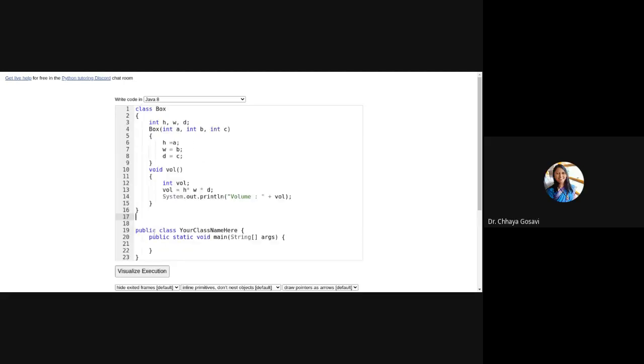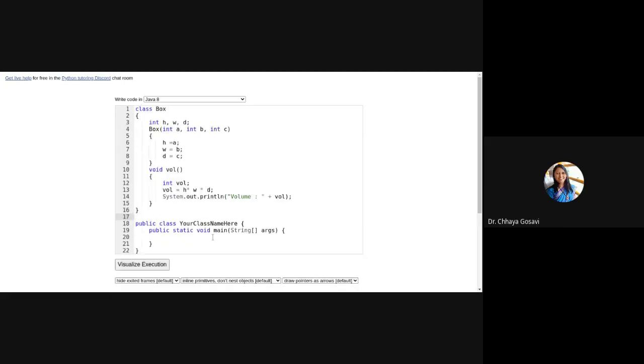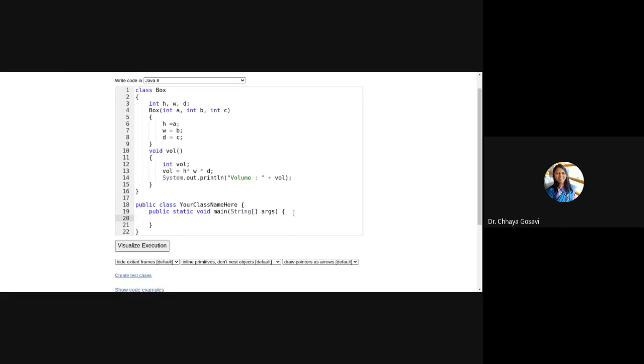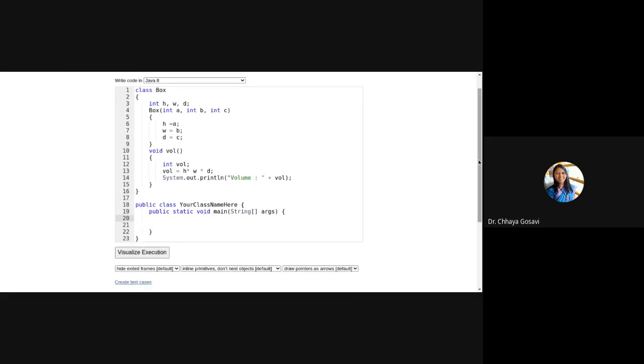So the Box class is ready. Then I have another class. In main, we have to create an object of the Box class. So how to create an object? Box b1, any name of your choice, is equal to new Box, and I'm passing some values, say 2, 3, and 4.